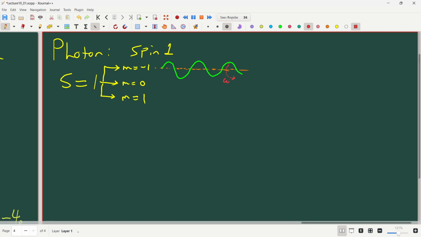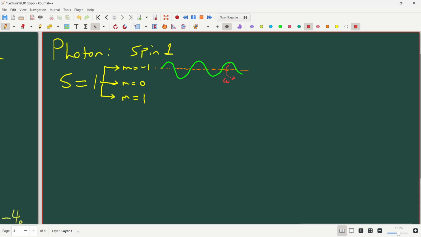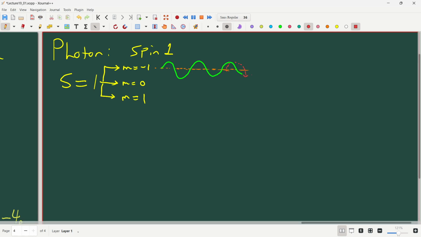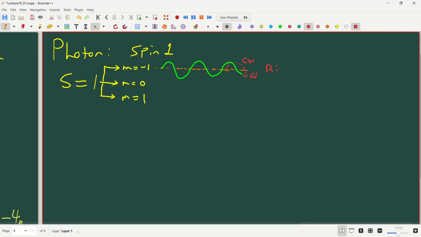The wave is rotating like this. The wave front rotates clockwise, or counterclockwise. Did I have that clockwise? Sorry, that's counterclockwise. I apologize. I have it flipped. It doesn't really matter. It's clockwise. We call this right-handed